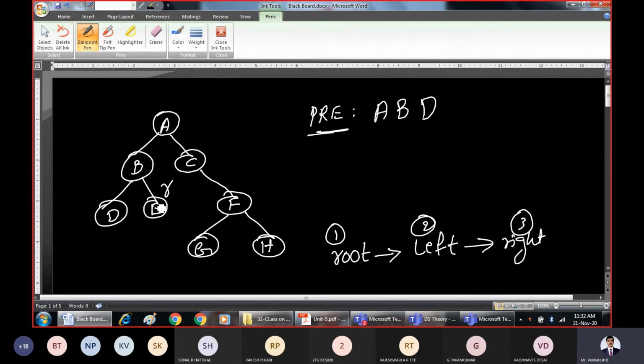So whenever you are present here, apply the same recursive formula. What is that? Root left right. So print root. E has been printed. After processing this, you have to go back because there is no left subtree, there is no right subtree. I'll erase this. So these nodes have been successfully completed. All these nodes have been successfully printed.